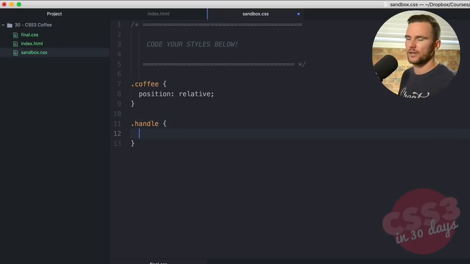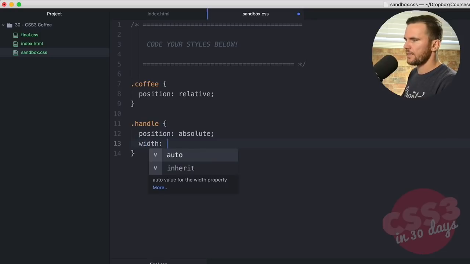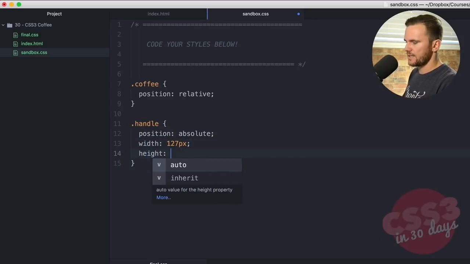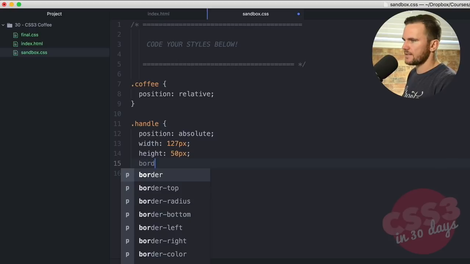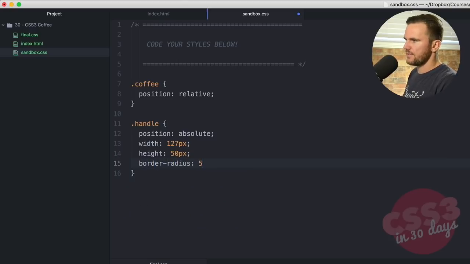The handle is really easy to code, and we just want to get that one out of the way. So let's start off with a linear gradient. Well, actually, no. Let's start off with position absolute, and we're going to go width 127 pixels, height 50 pixels. I've done these measurements before, so I'm not just coming up with them off the top of my head. And we're going to give it a border radius of 50 pixels, so it's a bit rounded on the outside edge. And then what we're going to do is give it a box shadow